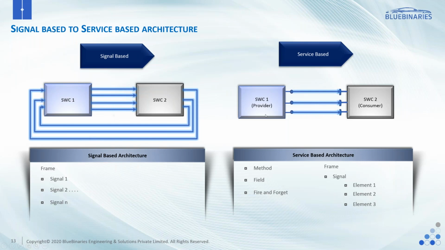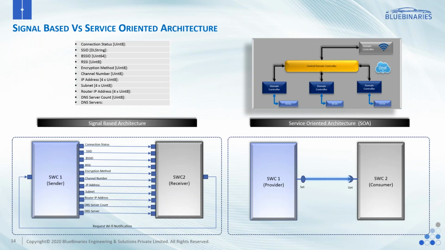Okay, so let's take one example. The example which I have chosen is the Wi-Fi notification. Assume that one of your ECUs in a vehicle is connected to Wi-Fi, and the central domain controller is storing that connected network information into its memory for next time usage. Assume that the central domain controller is a consumer, and the domain controller which is connected to Wi-Fi is a provider,